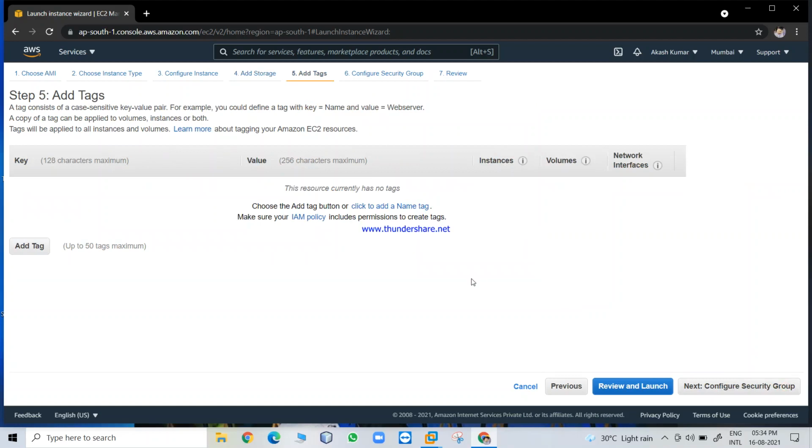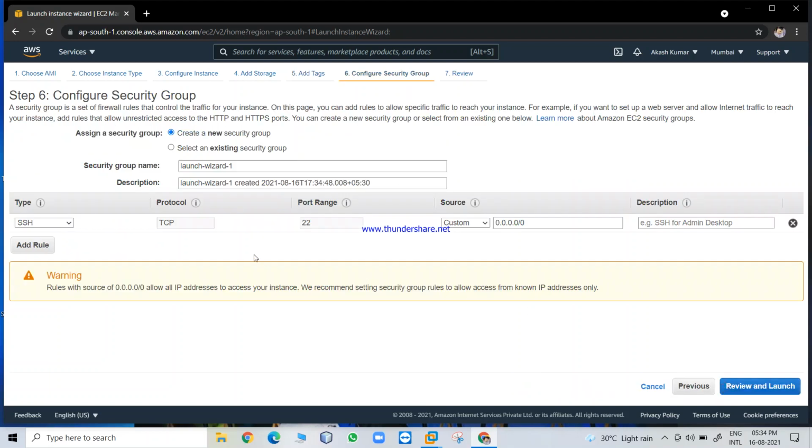Here, add tag. If you want to add a tag you can click here on add tag, otherwise you go for the next, configure security group.